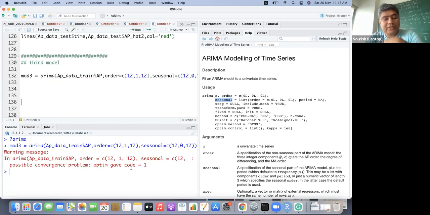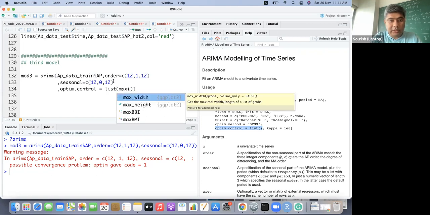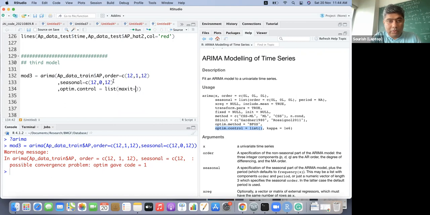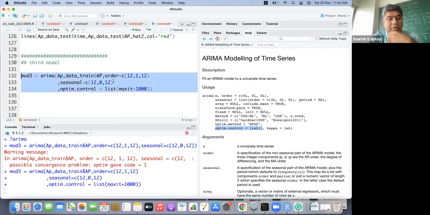Okay, it's giving some convergence problem in the code. It is using optim. All right. So maybe I'll set the maximum iterations equal to 1000.